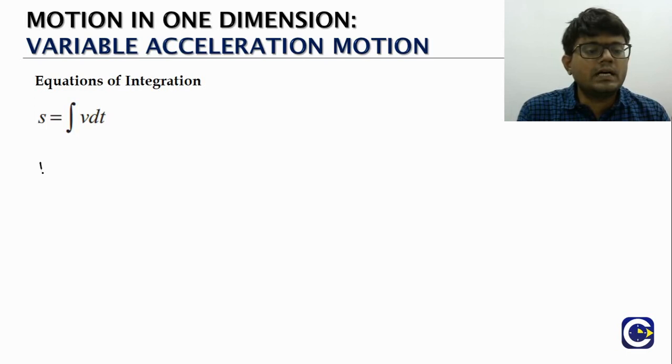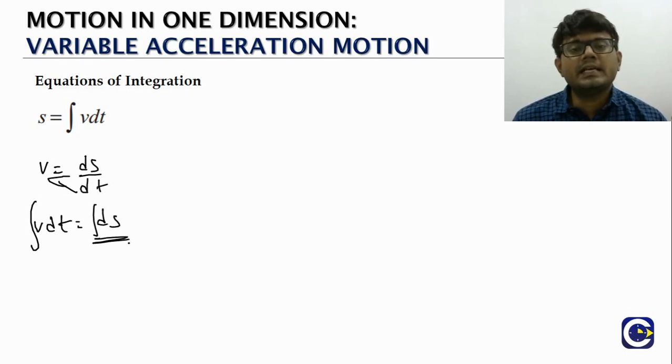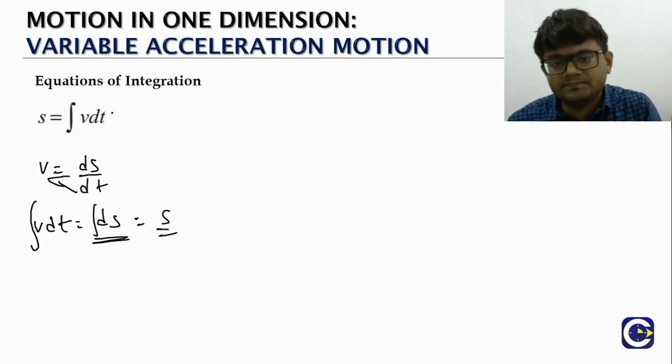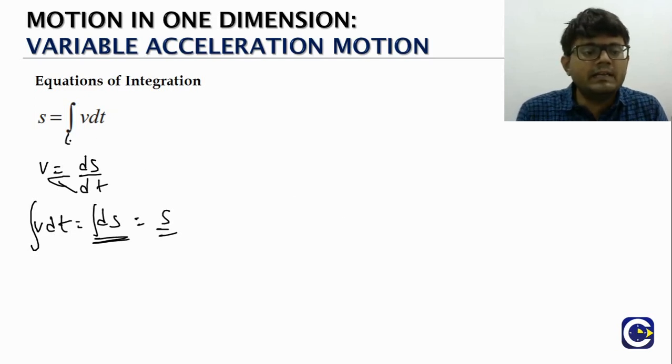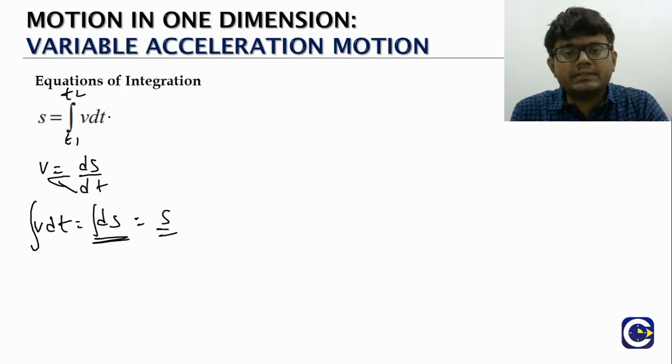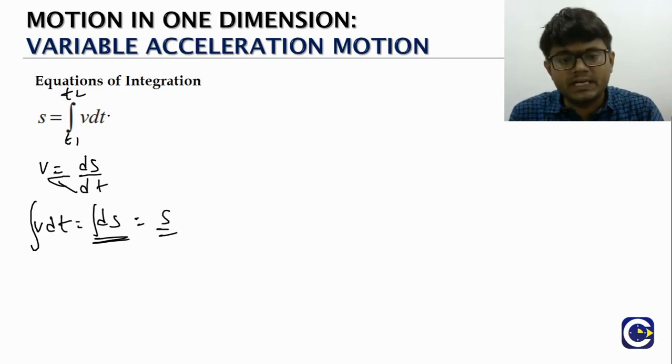We know that the instantaneous velocity is equal to ds by dt. If you cross multiply, v dt is equal to ds. Now integrate. Integral ds means we add all these small displacements, integration means addition only, right? We'll get the overall displacement, which will be equal to integral v dt. If we take the limits of integration t1 to t2, the integration of v into dt, we have the velocity function, we integrate this with time, then we will be able to get the overall displacement. That is one integration relation.